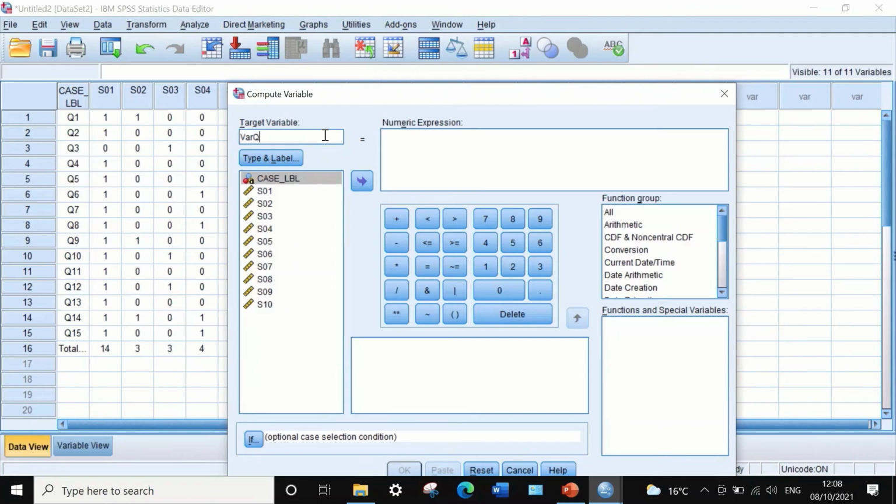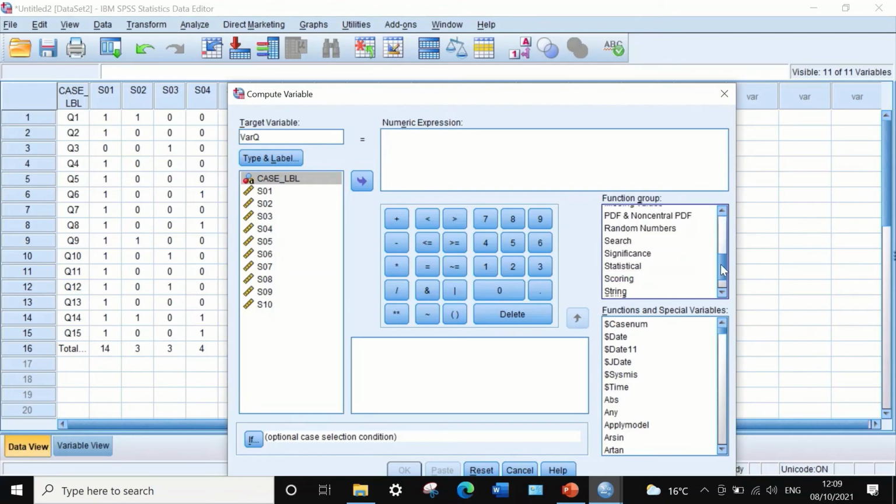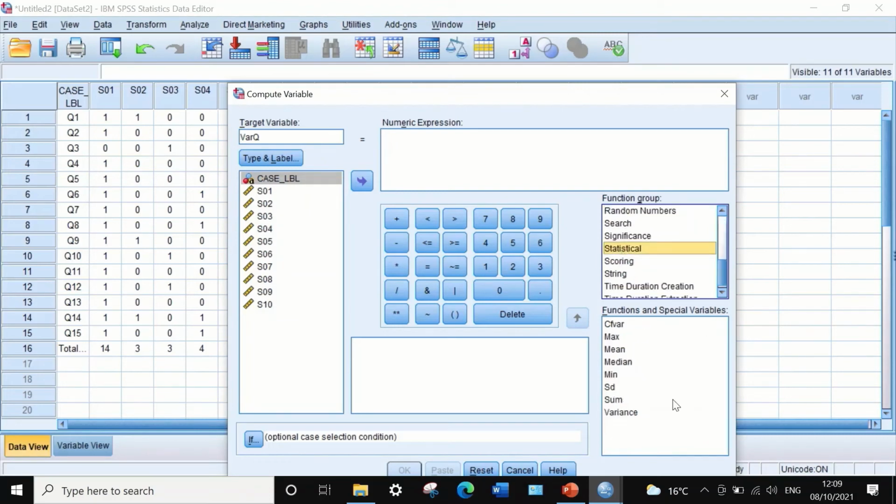So variance for each question. And to do variance for each question, we're going to select the command Variance from the function group. If we click on All and then scroll down to Statistical, and then in Statistical, in the box below, select